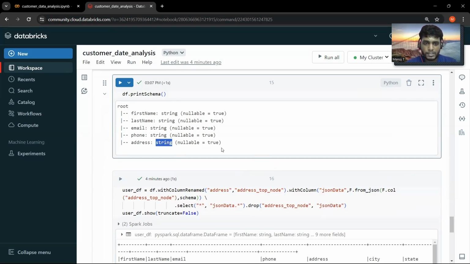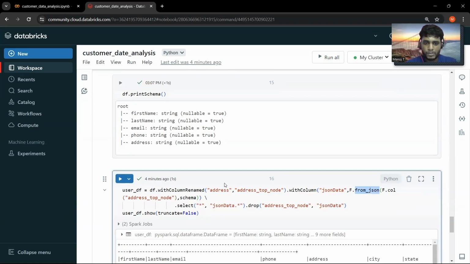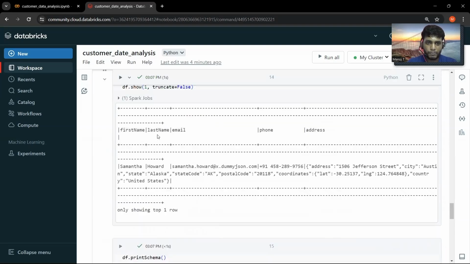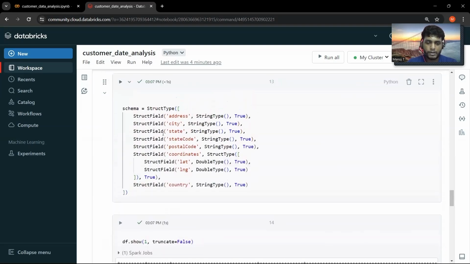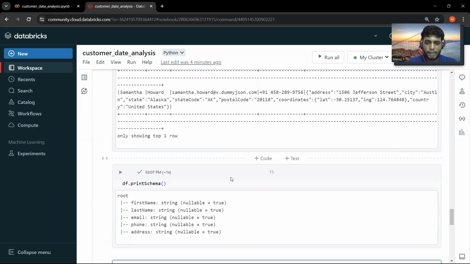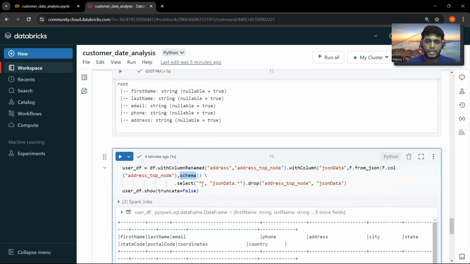So to read the string column as a JSON, we are using from_json. Using from_json, we are also providing the schema for it, which we have defined earlier. It will be able to capture the data, the keys and values within the JSON structure. And so as you can see,